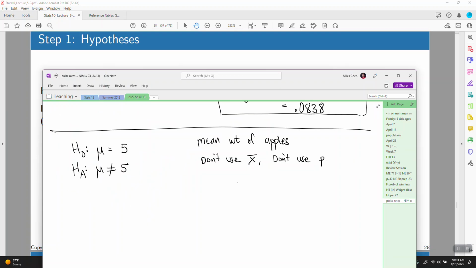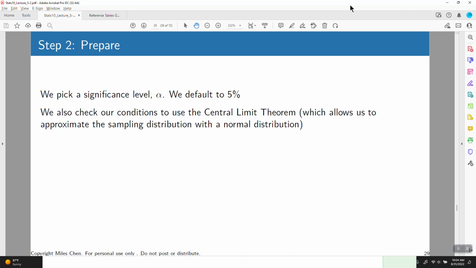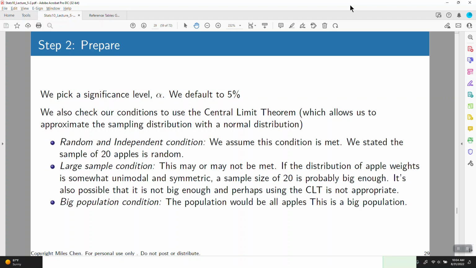All right, we'll have to choose a significance level. Let's just use alpha equal to 5%. That's kind of a safe number. And then we'll also check conditions to use the central limit theorem. Okay, so central limit theorem,